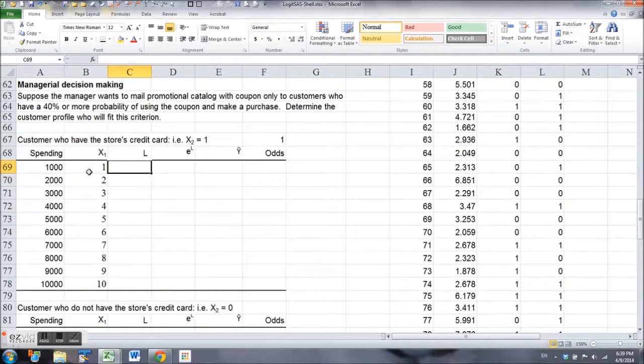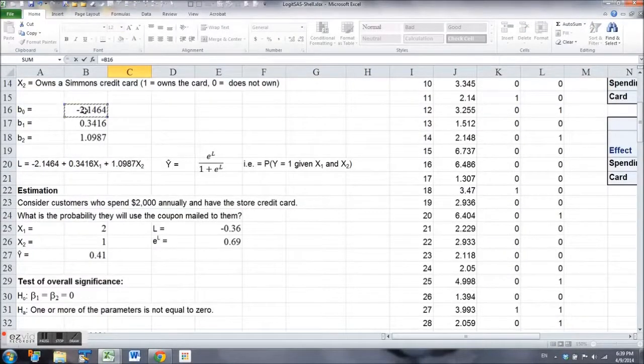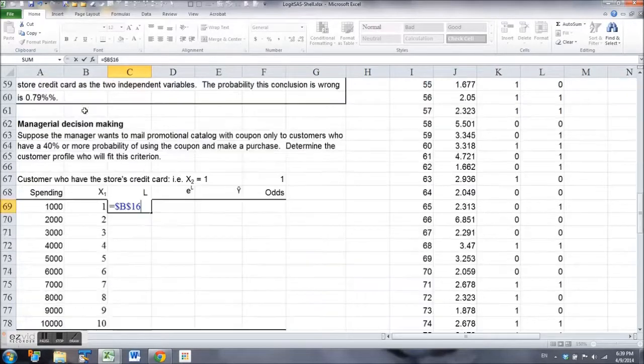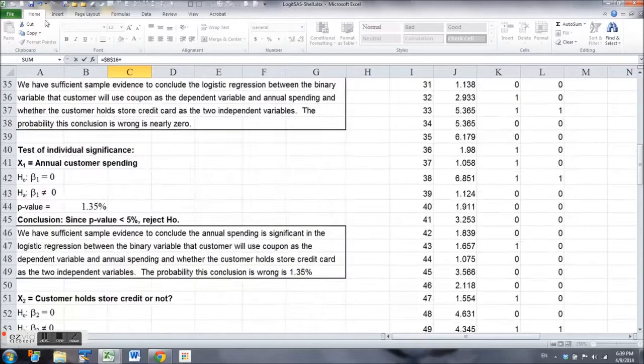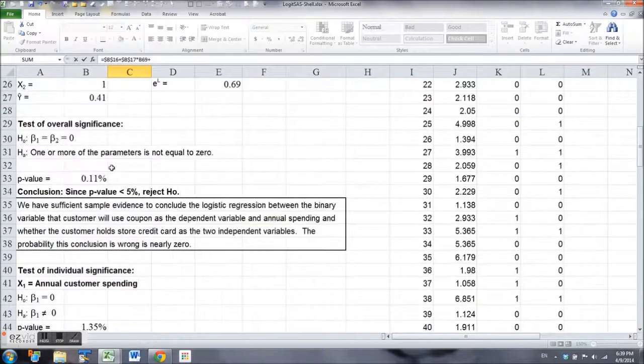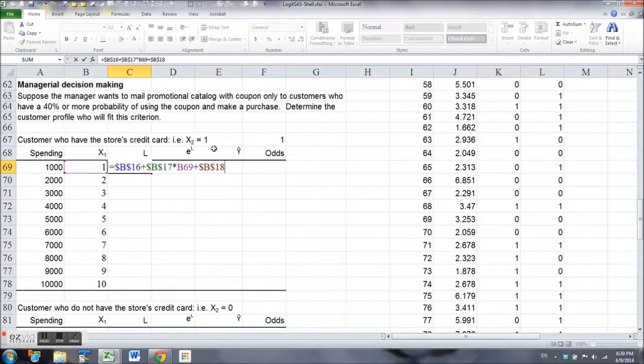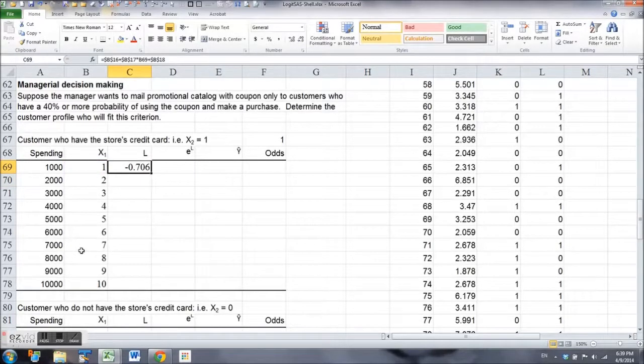Then we will find L. L is B sub 0, we'll absolute reference that, plus B sub 1, absolute reference that, times X sub 1, plus B sub 2, absolute reference that, and times 1, because here X sub 2 is 1 because these are the customers that hold store credit card. So you get your L,